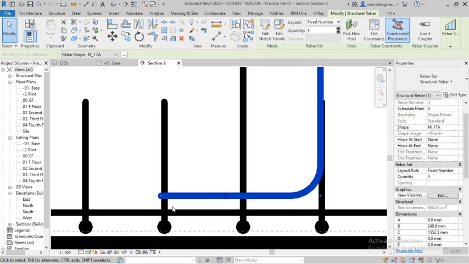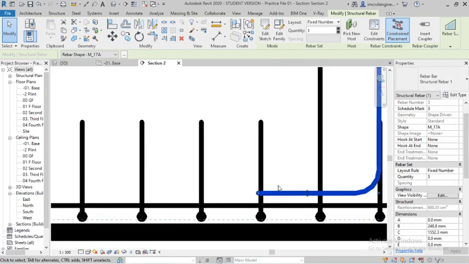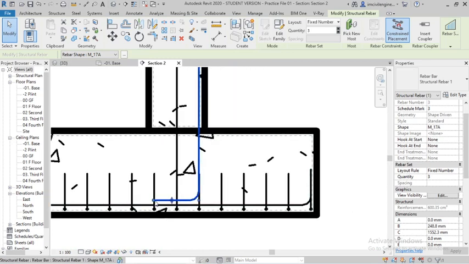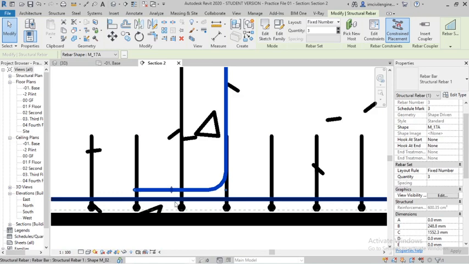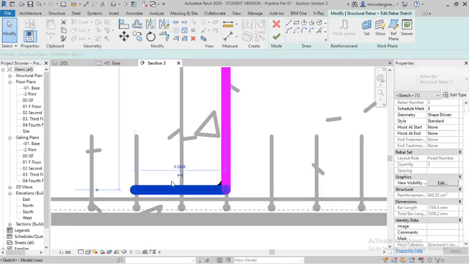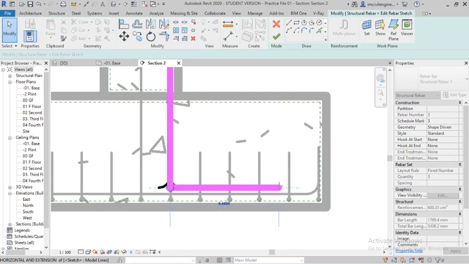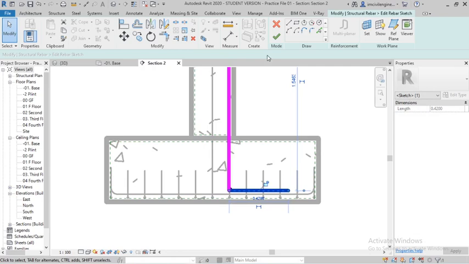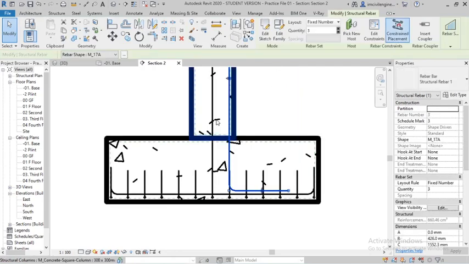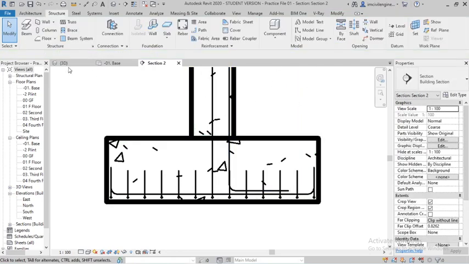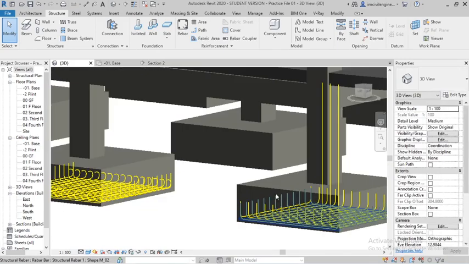So now I will change the orientation from this side to this side. Here is an option called edit sketch, you can go with edit sketch and you can edit also. One more option is there, but it's not showing here. So you can edit like this, the dimension is also visible now, make it 0.42. So okay, then you can fix it into 3. Again go to 3D, you can see it in 3D.